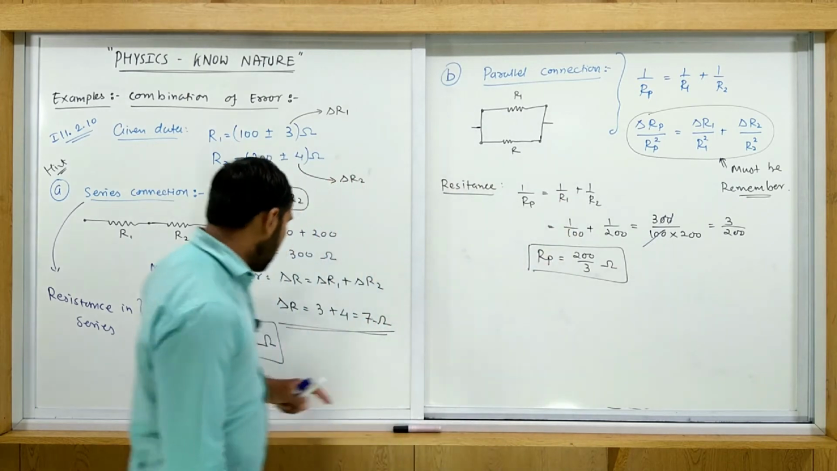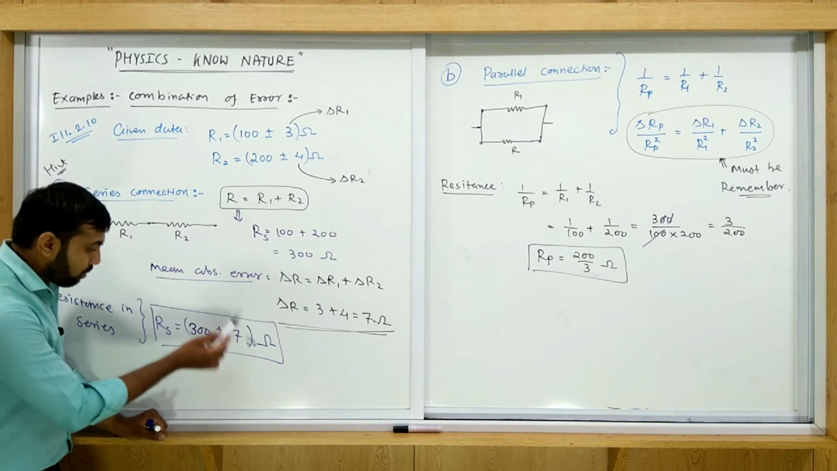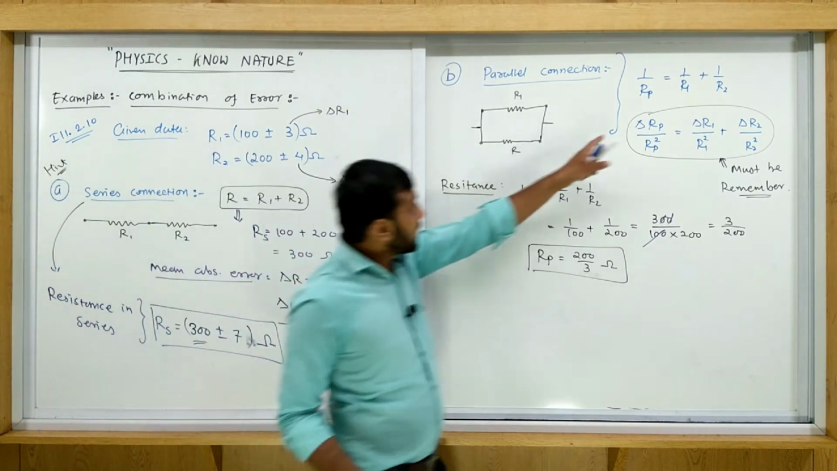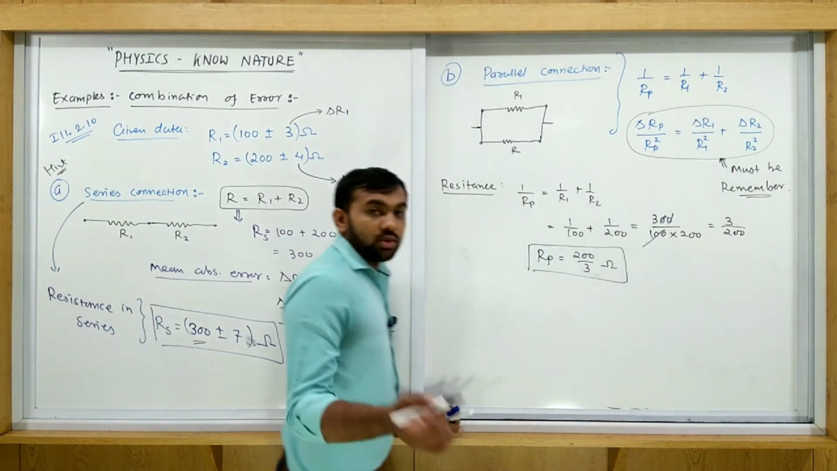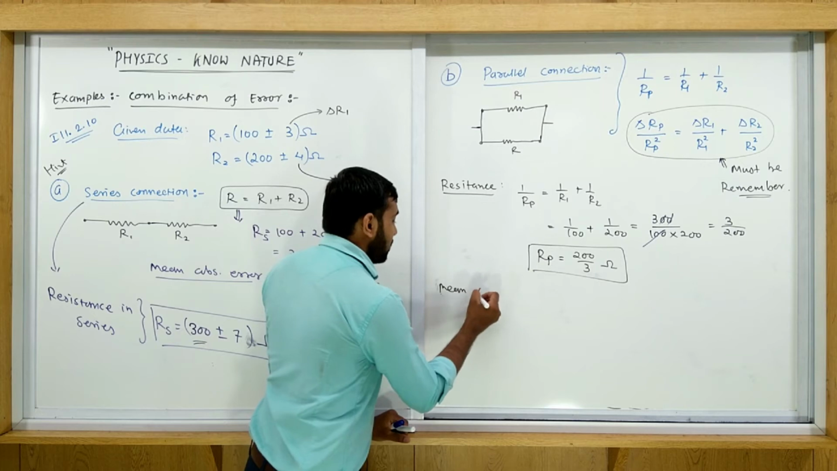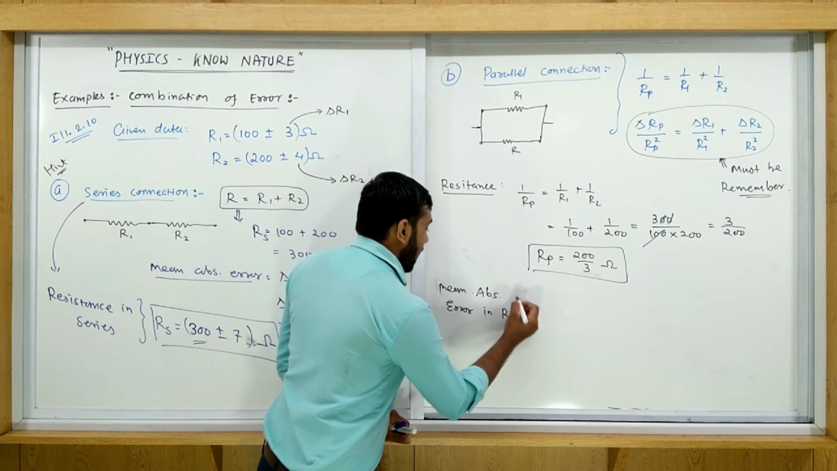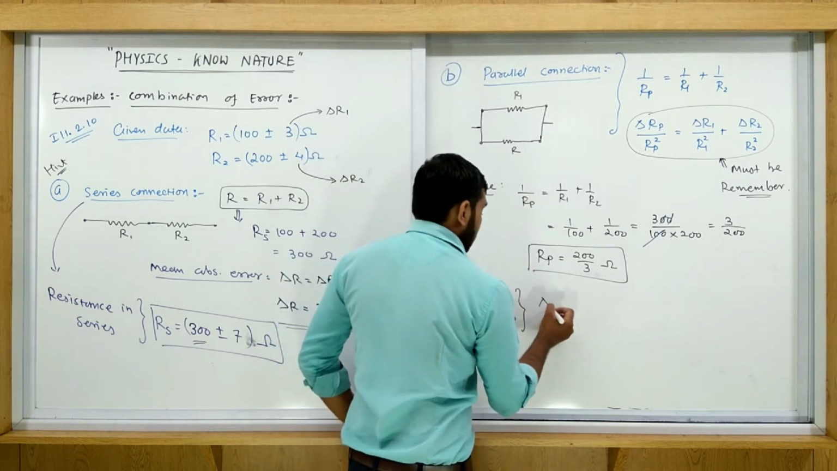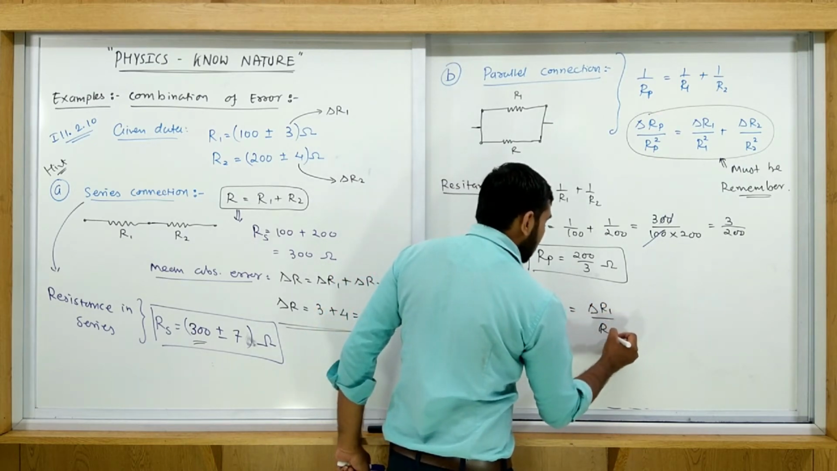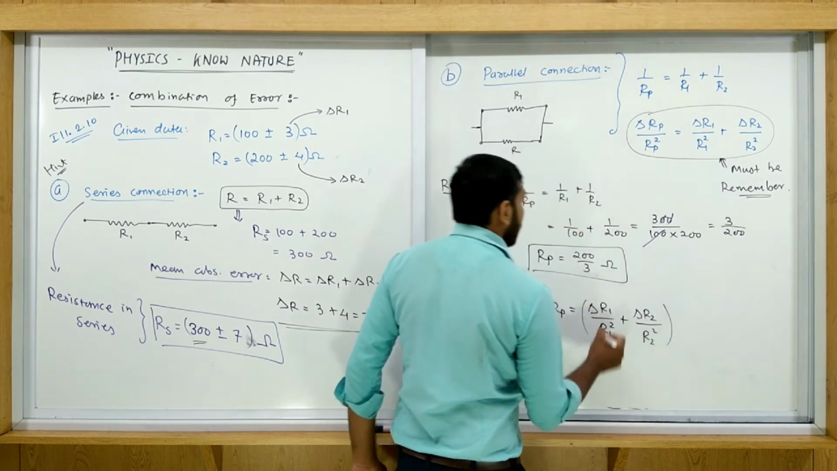This is only the first value. Now again you find the delta in case of parallel connection. Here delta R is simply delta R1 plus delta R2, but here for delta Rp use this relation. So write down the mean absolute error in Rp. So delta Rp is equal to delta R1 upon R1 square plus delta R2 upon R2 square, into this Rp